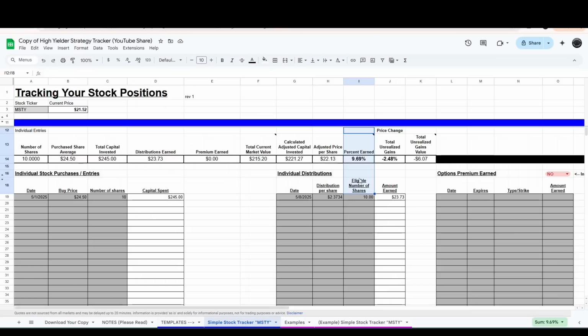Then I can also show here where I have earned back 9.69% of my money already, because I no longer have $245 at risk. I only have $221.27 at risk. Therefore, I have gained and acquired back a total of 9.69% of my money. So I hope that kind of makes some sense right there,